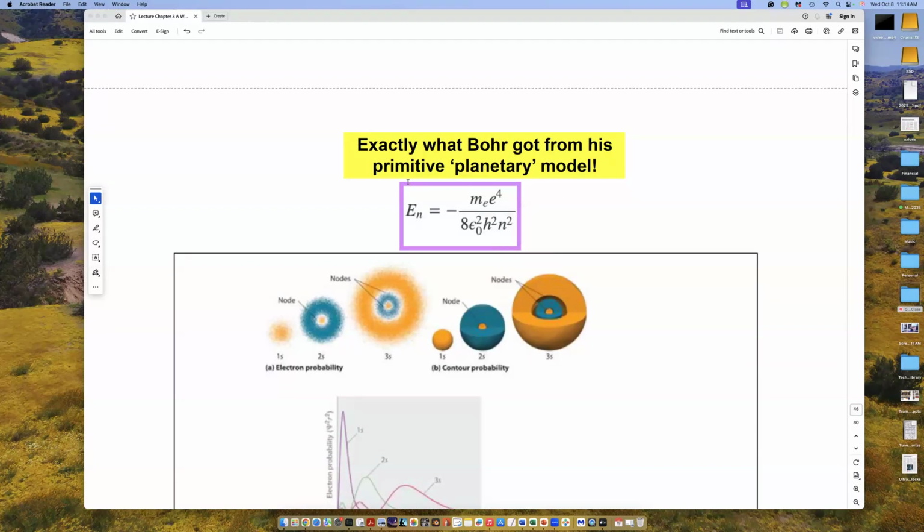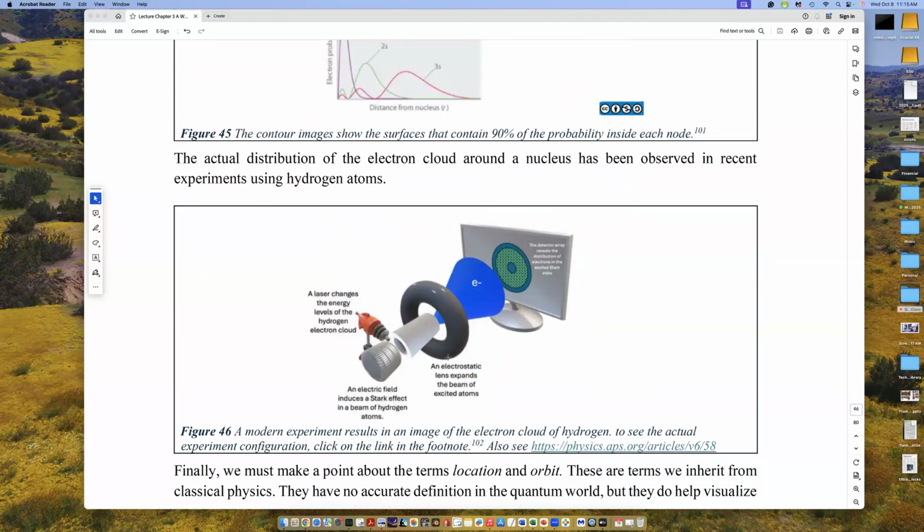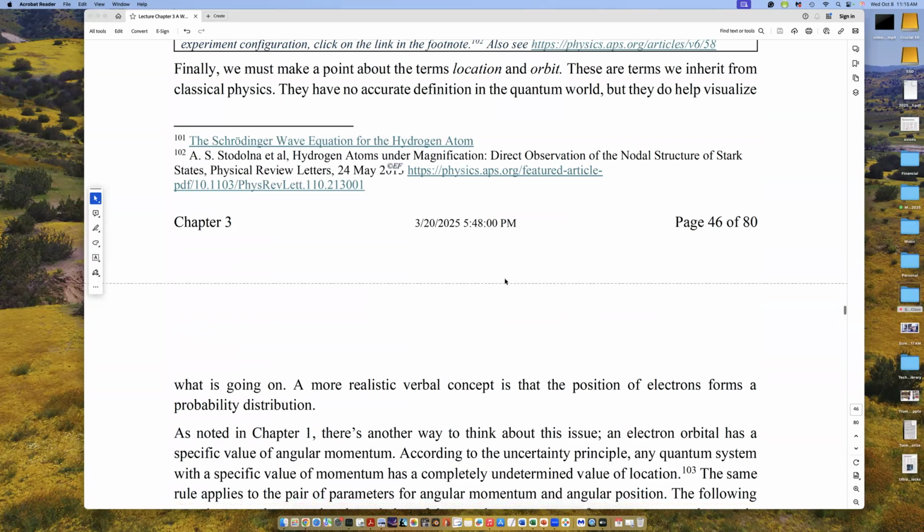And it works. This comes directly from Bohr's model. If you do the modern version that we're going to see here in a minute, you get the same result. That's one of the great mysteries that I encountered in my education, is how was it that Bohr got the right answer with a model of hydrogen that we now know is incorrect. So we've seen this before, and we can actually see these things. We can see the electron clouds in various experiments, and there's a discussion here you can follow up on if you're interested, of how this kind of imaging of the electron clouds is found in an experimental setting.